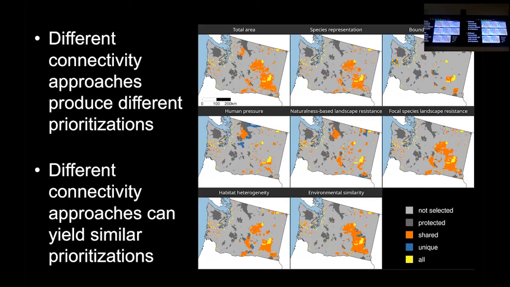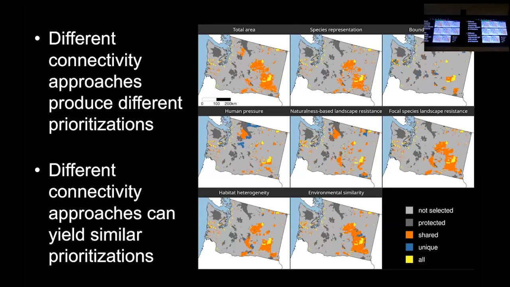The idea behind that is really interesting. The idea is if you have more habitat, you get larger population sizes. Larger population sizes means more dispersing individuals. More dispersing individuals means more connectivity. Therefore, if you just get lots of land and you have species that are very generalist and can exist under a wide range of different habitat types, and you also have species that can disperse very easily across your landscape, this could be a really valid approach that gets you a whole lot of different places and increases population sizes.